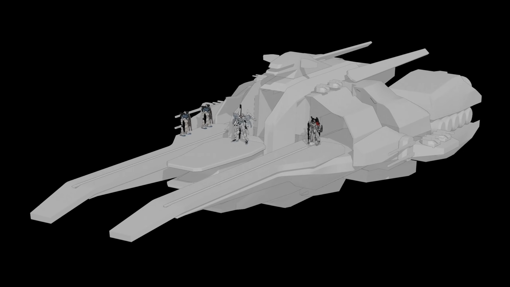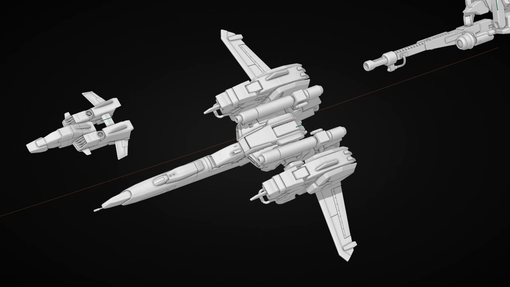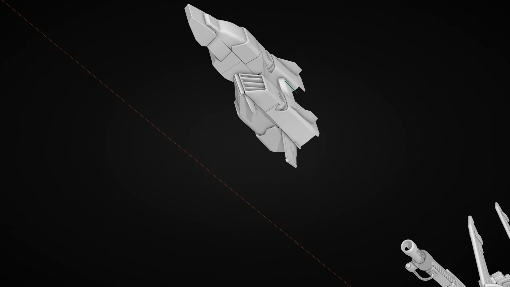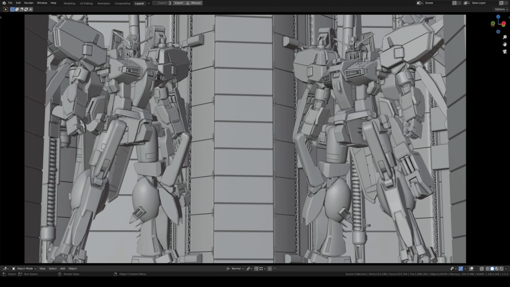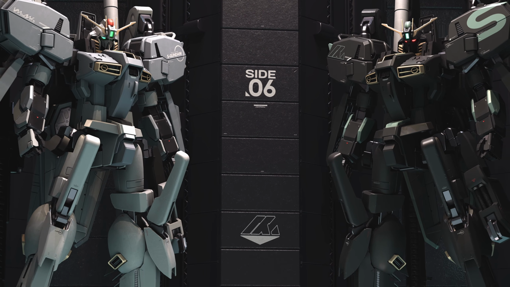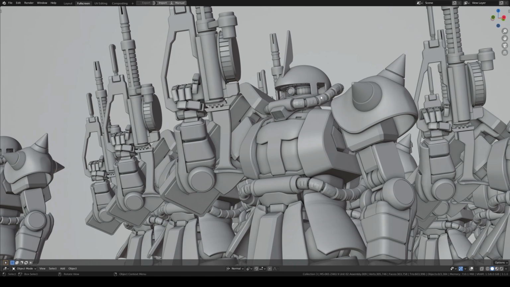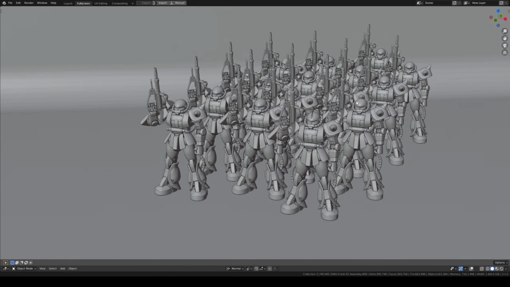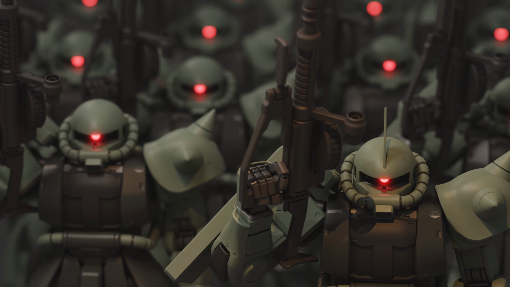Constraints can be put on the empty for situations like being carried on a vessel. The empty can be placed on a path, or an entire assembly can be positioned in the background. Making an empty at the origin point makes it easy to manage instances of the assembly collection. This Zaku 2 artwork was made using instances, which also reduce the processing power for rendering.